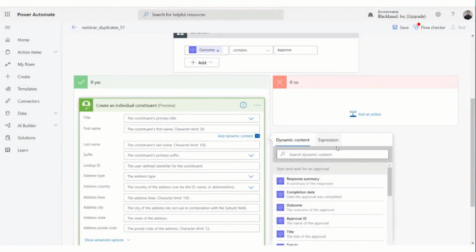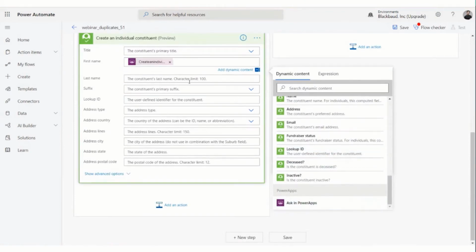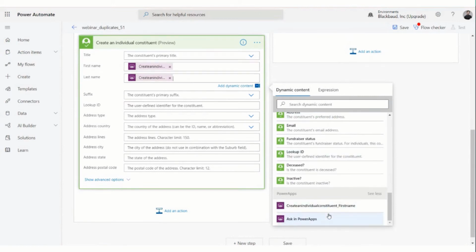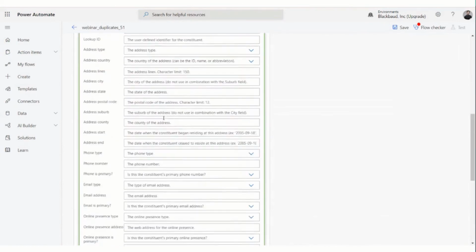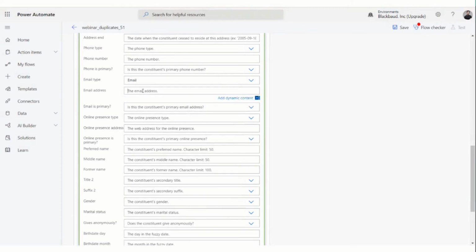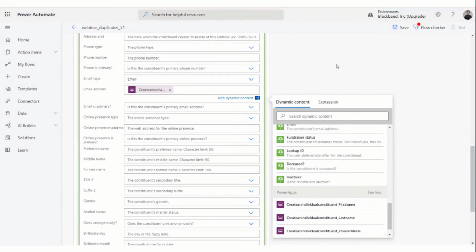And again, I need to go down and want them to ask me that in Power Apps. See more, ask me in Power Apps. And yeah, let's go ahead and just put in that email again. Type. And ask me in Power Apps.